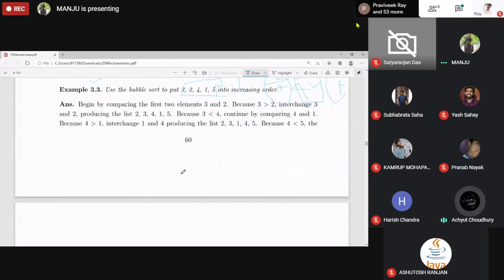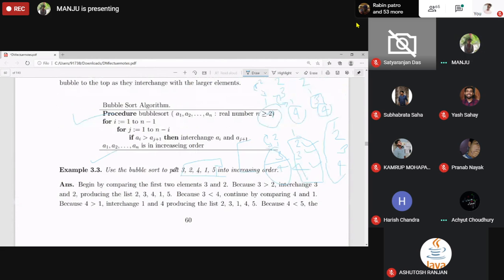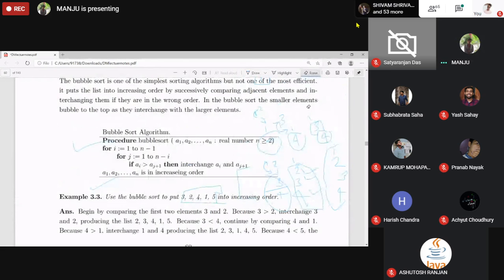Ma'am, can you explain that J part, J is equal to? Yes. So for I is equal to 1, for J is equal to 1 to n minus 1, you will take J from 1 to n minus 1. Ma'am, that is n minus I in J. Yes, n minus I. For I is equal to 1, the first pass, it will be n minus 1.